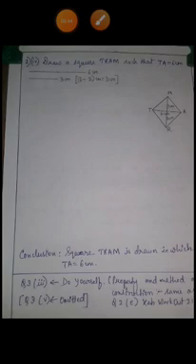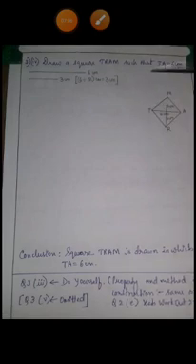So when one diagonal of the square is given, which is of length 6 centimeter, then the other diagonal, that is MR, will also be of length 6 centimeter only, because in a square both the diagonals bisect each other at 90 degrees and both the diagonals are of equal length. So what we will do, at first, draw this TA, which is of length 6 centimeter.